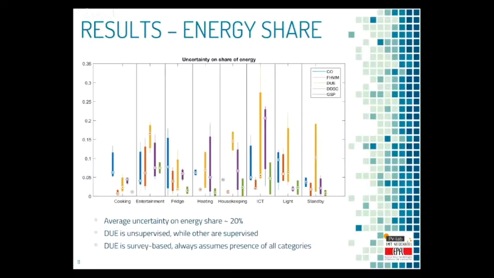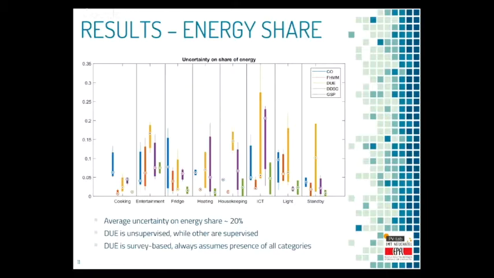The average uncertainty share on the energy is around 20%, though we see that, for example, on the ICT category here, the device usage estimation algorithm is above this boundary, so probably there is still room for improvement. However, we can see that mainly there are 2 points why this might happen. First, compared to all other algorithms, ours is unsupervised, so we're not using any kind of training phase. So due to this, the performance might be a bit worse sometimes. The other thing is that